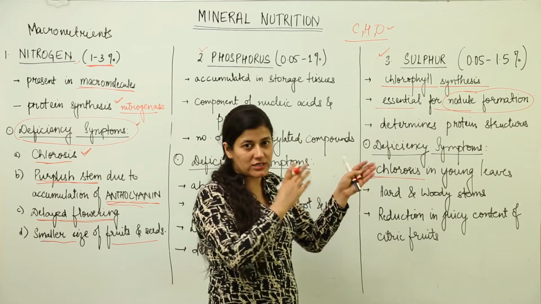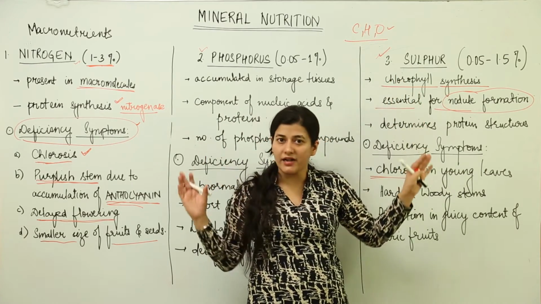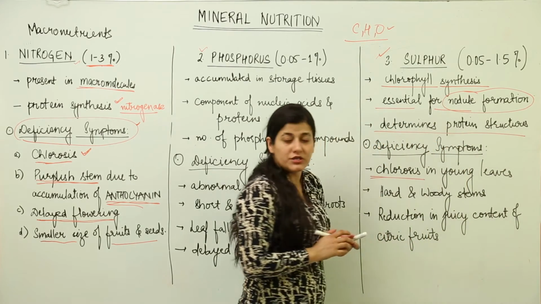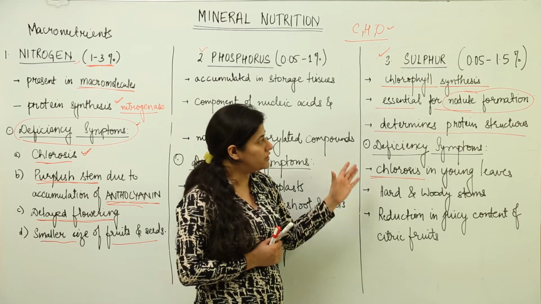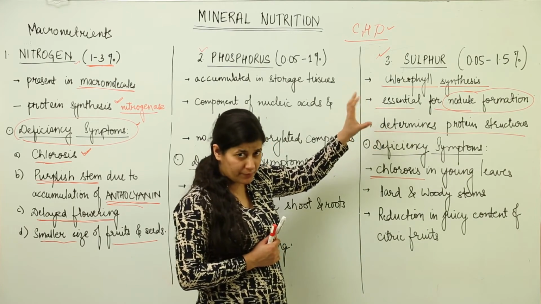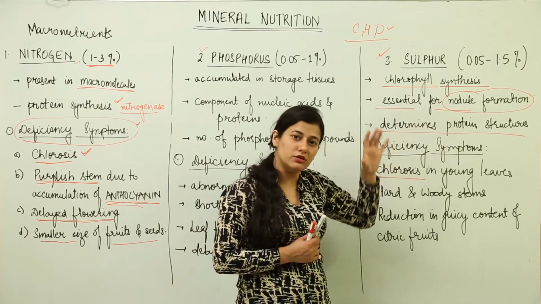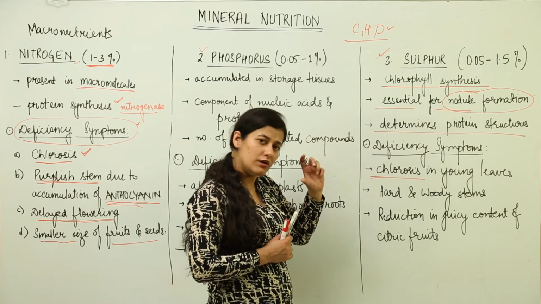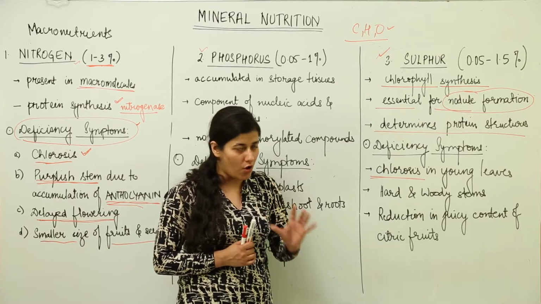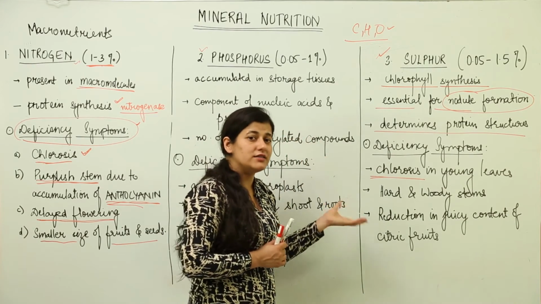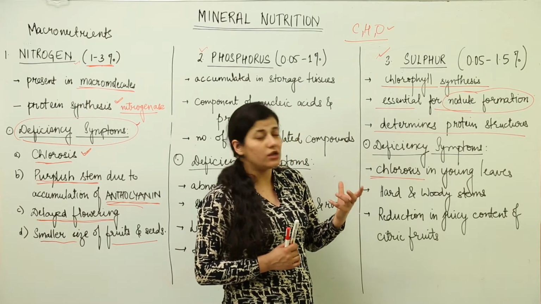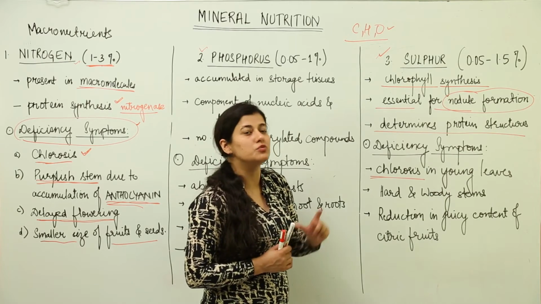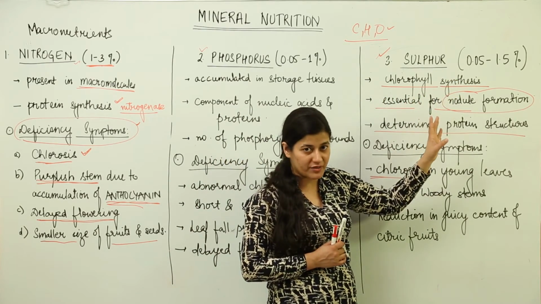So you can see the deficiency symptoms going hand in hand for sulfur and for nitrogen. Then it determines the protein structure. As I told you earlier, proteins have sulfur as an important component. So the protein structures would be determined by the presence or absence of sulfur. Sulfur plays a crucial role. Sulfate ions are taken up from the soil. Of course, every mineral is taken up in the form of its ions. So the sulfate ions would be taken up from the soil depending on the availability of sulfur, and in case the sulfur does not meet the critical concentration which is required, which is 0.05 to 1.5%,